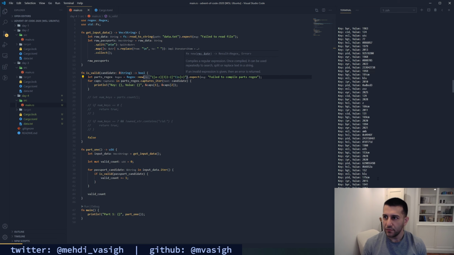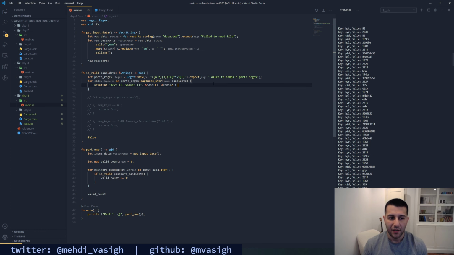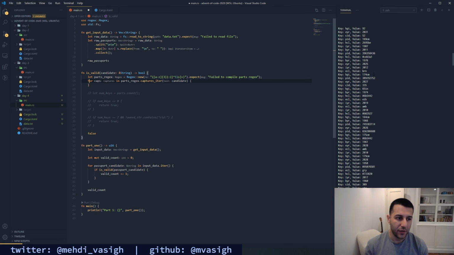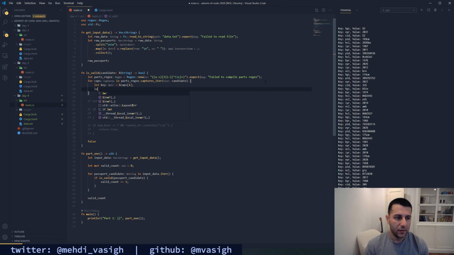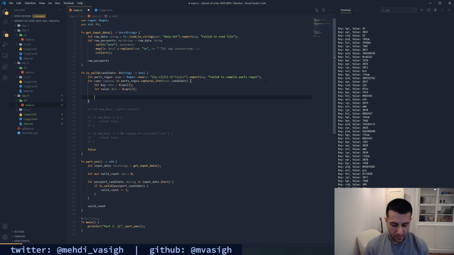Now for each of these, we need to basically check, hey, if I have this key, run this validation rule. We can do this in Rust with a match. We don't need this line anymore. Let key equal &caps[1], let value equal &caps[2], and then match key.